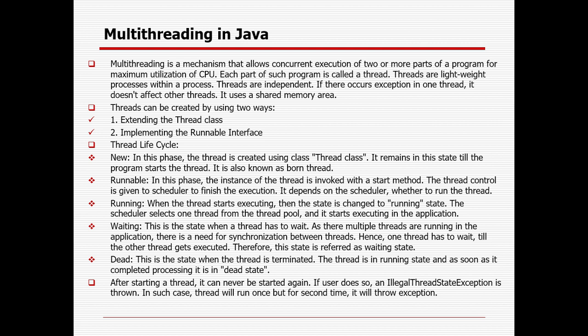Suppose say in one particular room there are 20 samosas, or sweets, 20 rasagullas, and suppose you are the one person, so you will be eating one by one, right? After eating one, after digesting, again you will go for the second, third, fourth, like that. But I have given 5 persons, right? So what happens? 5 persons will eat. In case I have given 9 persons, so what happens? 9 persons will eat one by one, and then again another 9 they will pick, and the remaining 2, so only 2 persons can eat, right? In case you think that one rasagulla can be eaten by only one person, no division is possible.